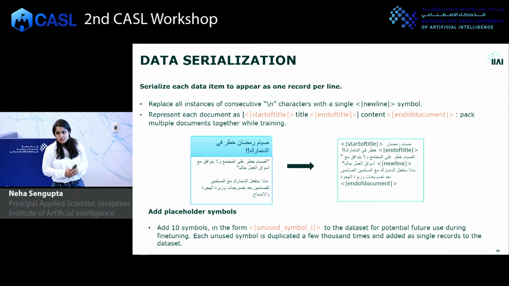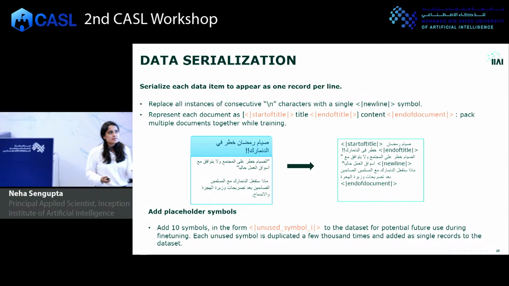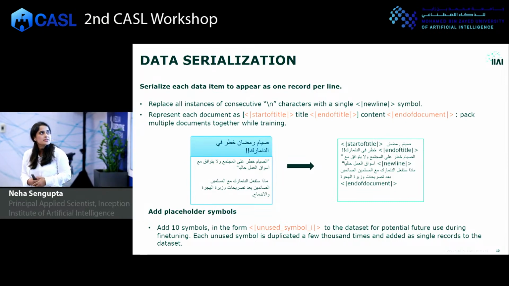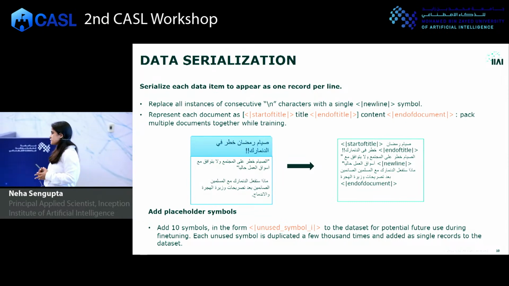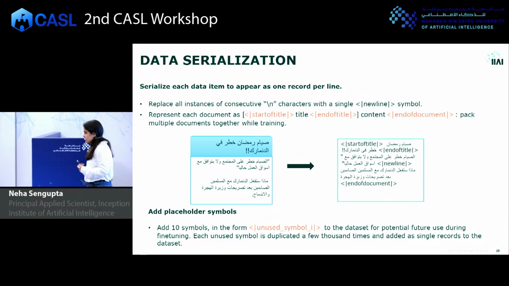Then one more small thing we do to make training more efficient is to serialize all our data in a way that we avoid any kind of special symbols or new line characters and so on, right? We add multiple special symbols like new line, end of document, start of title, end of title. What this means is now this model is able to pack multiple documents into the same example. As we know, these models have a certain context size. So for example, we have 2048 tokens with which we are training. So you can then pack multiple documents because of these special tags that give the model hints that a new document has started, right?